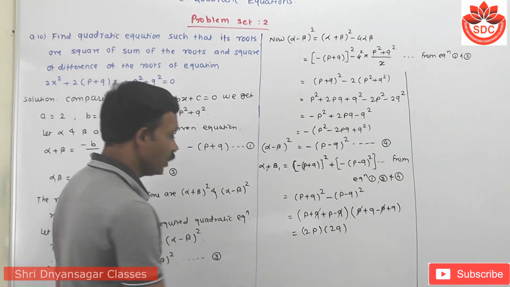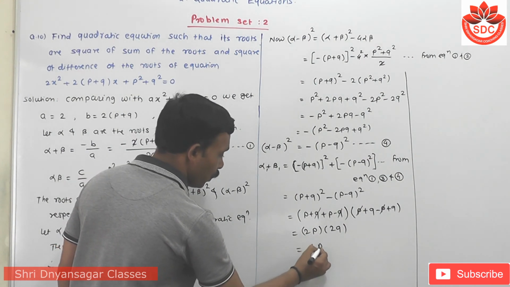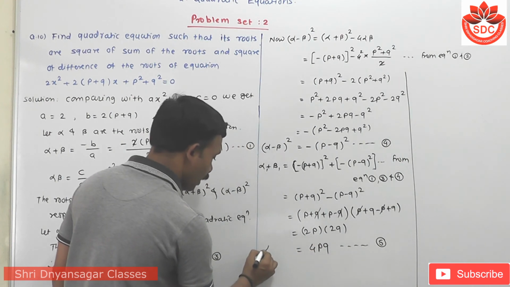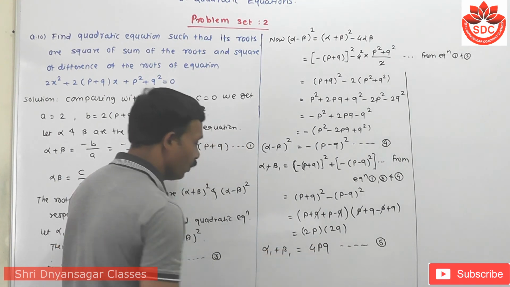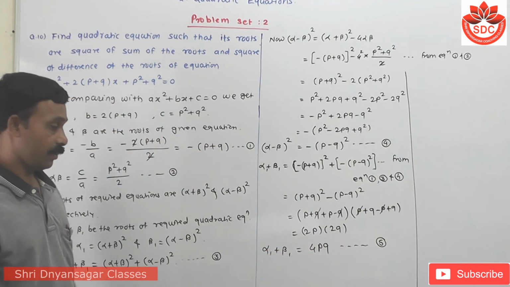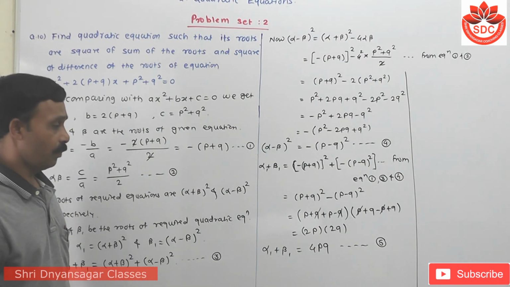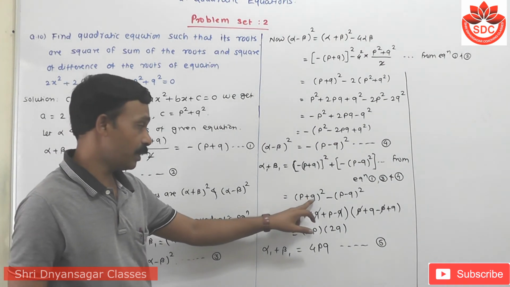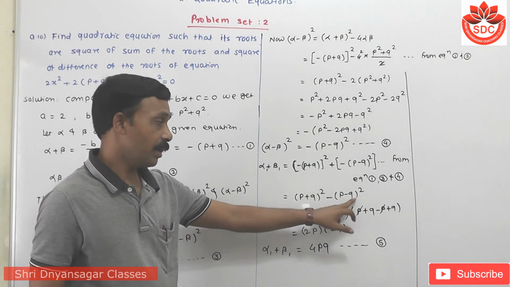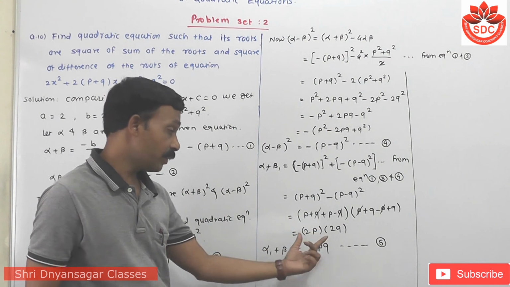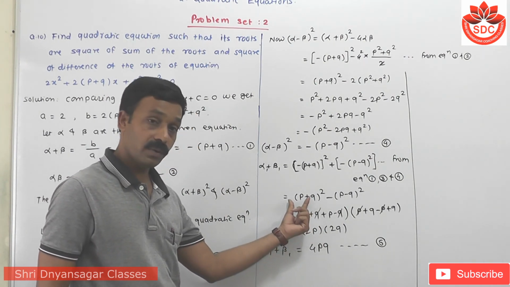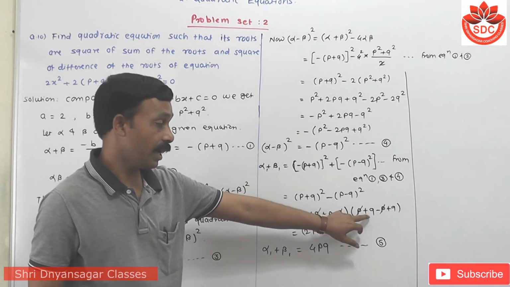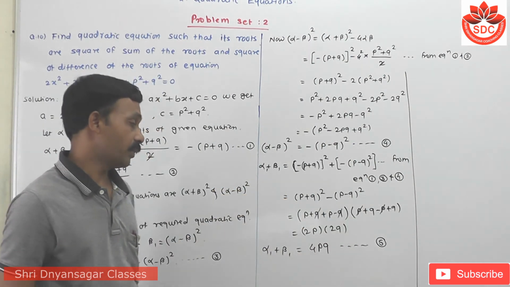The product of these two is 4pq. Suppose that this is equation number 5. That is, the value of alpha 1 plus beta 1 is 4pq. Student, here also you have to use the identity a plus b whole square minus a minus b whole square, and then you have to solve it. Or here also I have to use a square minus b square, in that a plus b, a minus b, but I have to directly write here its values.